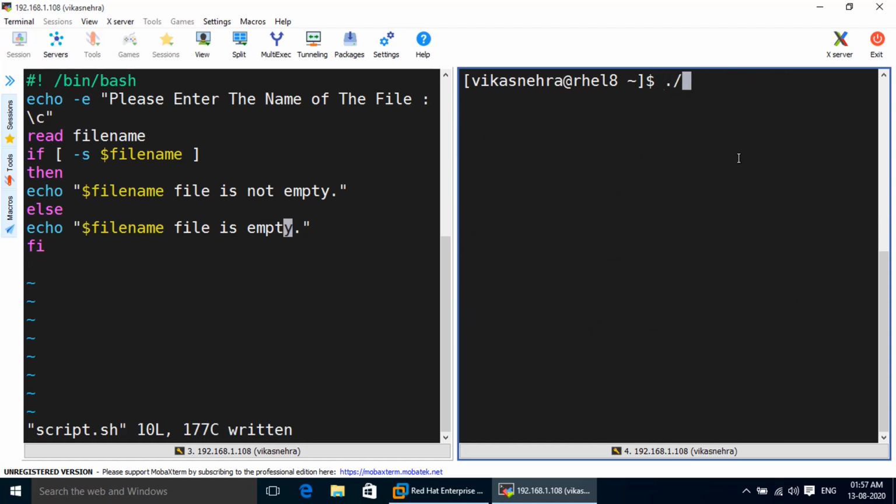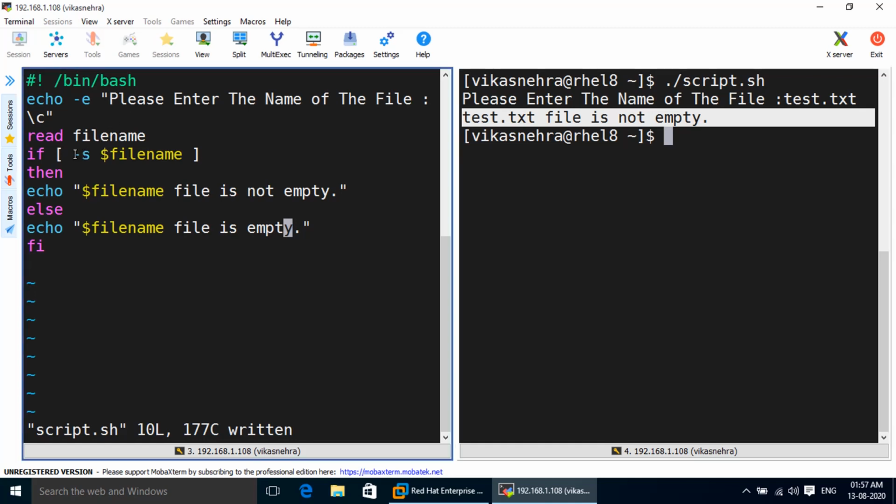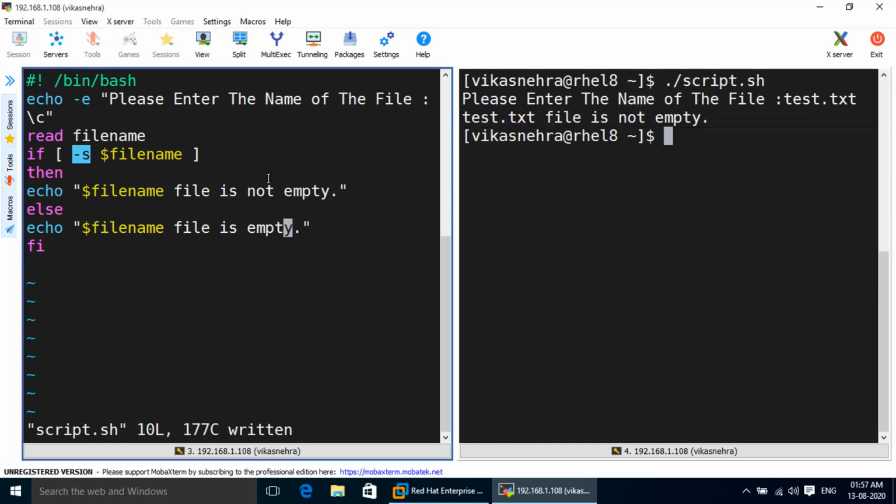Now if we execute the script, then what will happen? It will show us that the file is not empty. So we can check whether the file is empty or not by using the -s option in the if statement of the script. So guys, these were the different file test operators which we can use in our script.